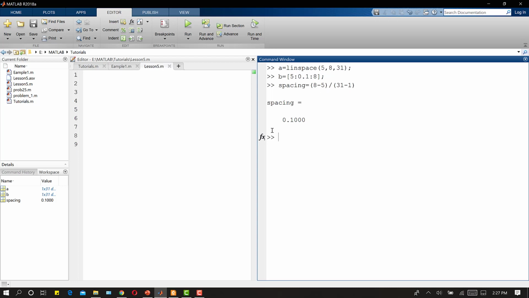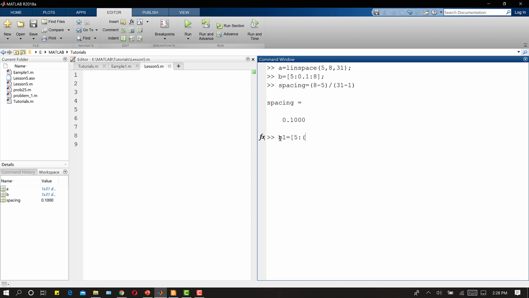Now let's suppose I want to write this B vector again and I do not know the spacing, so I can write it like this as well. If I write B1, the starting element 5, and then I do not know the spacing and I have to calculate it, so I can calculate it here as well.